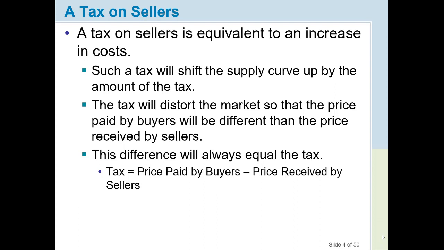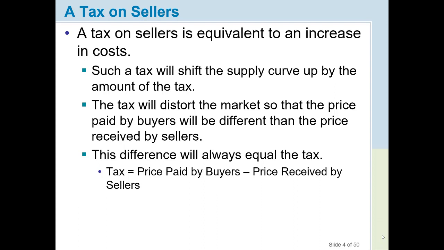Remember, the supply curve is the cost of production, and as I mentioned when talking about the determinants of supply, remember TTEP number: technology, taxes, expectations, price of inputs, number of sellers. Taxes is a direct determinant of supply. It's a higher cost of doing business. And what that's going to do is shift the supply curve up and to the left by exactly the amount